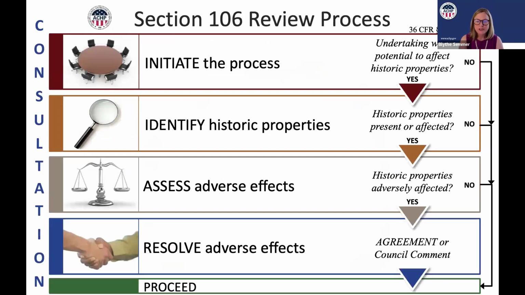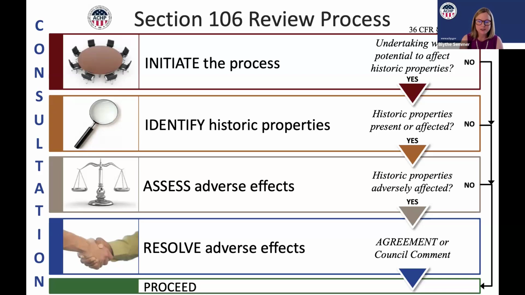So this chart gives us a quick tour of the process and what the agency is doing at each step. So at the beginning of Section 106 review, the federal agency is really getting organized, figuring out first, is a Section 106 review required for this project? Who needs to be involved? You know, how will we coordinate this with other reviews and other obligations that the agency has in its overall planning process? In step 2, then, a lot of the boots on the ground work that happens in Section 106